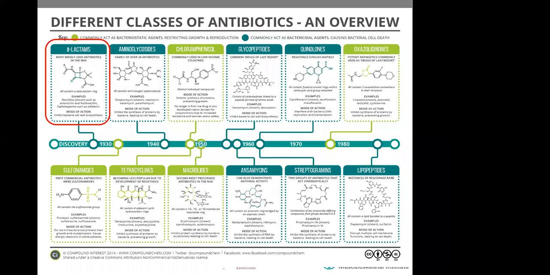All beta-lactam antibiotics have a beta-lactam ring, and they include penicillins, amoxicillins, and cephalosporins like Ancef and Keflex. They work by interfering with the synthesis of peptidoglycan in the bacterial cell wall and are most commonly used against gram-positive bacteria. Bacteria have, however, developed resistance to beta-lactams via either the production of enzymes that break down the ring